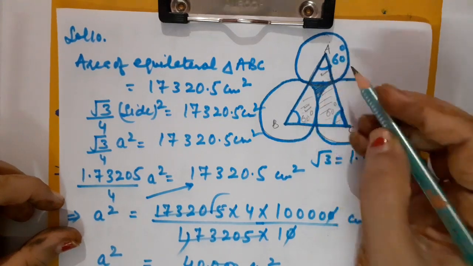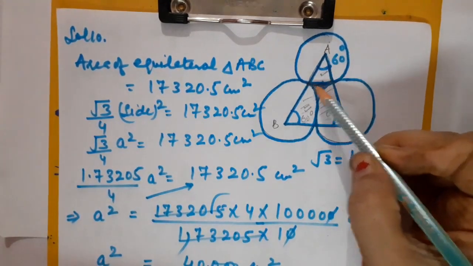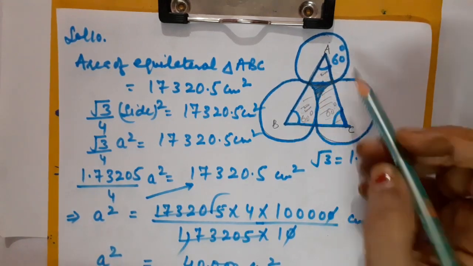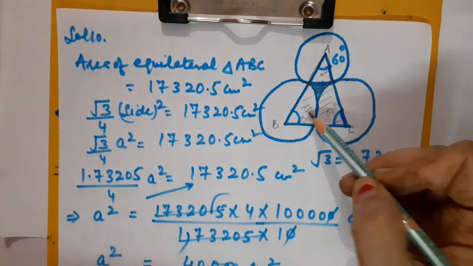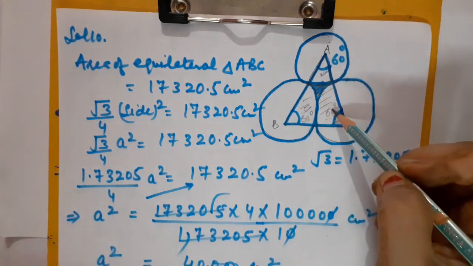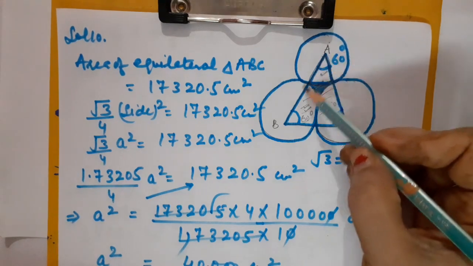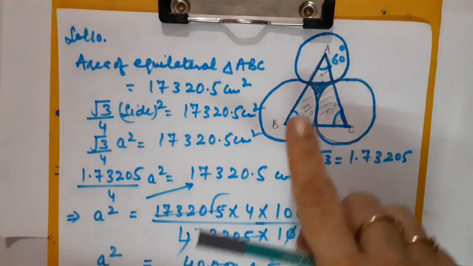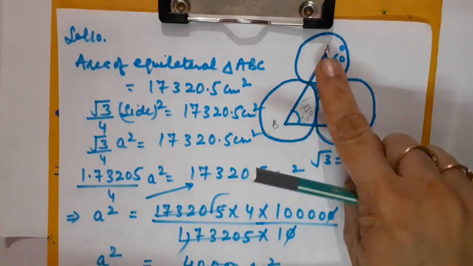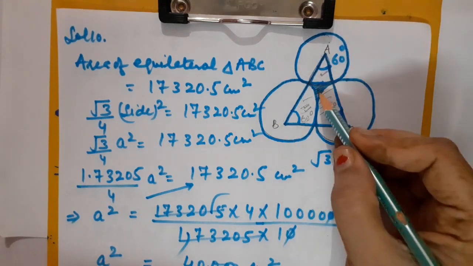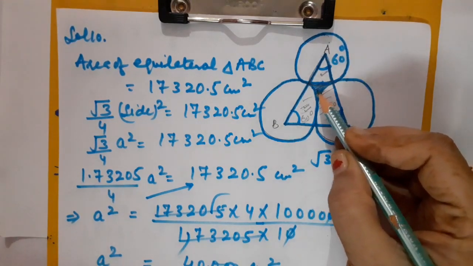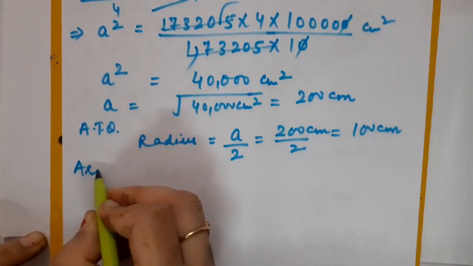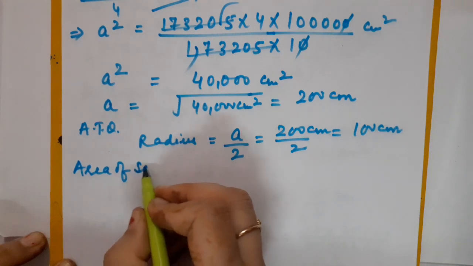Yes or no? So children, if I calculate the area of one sector and multiply it by 3, using it I can come to know the area of this unshaded region. Yes or no? And if I subtract the area of this unshaded region from the area of the equilateral triangle, this is the complete equilateral triangle, then what would be left? Of course, the area of the shaded region will be left. Correct? So first of all, I am going to calculate the area of a sector of the circle.